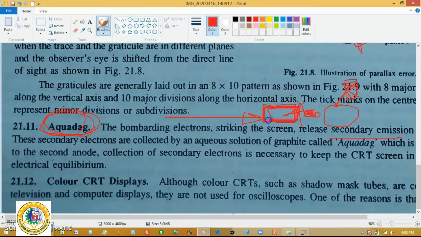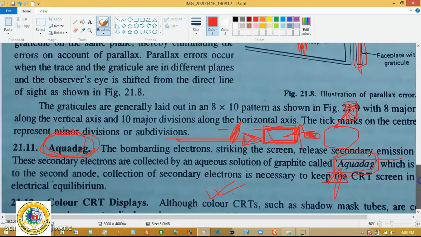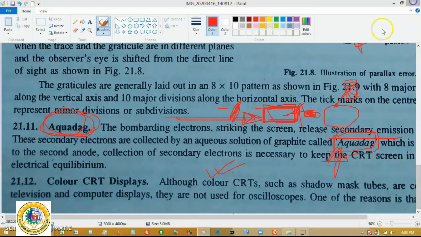Okay, if this is deposited on the screen, the electron beam will not get a high accelerating velocity. So this is negative voltage, this is negative voltage, so both get a repulsion effect. That is prevented with the help of the aquadag, and the aluminum layer on the opposite side of the phosphorus is electrically connected to this aquadag. So both the aquadag and the aluminum layer prevent the emission of secondary electrons, which could be deposited on the screen.